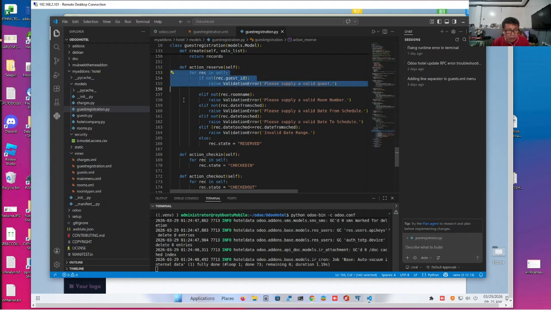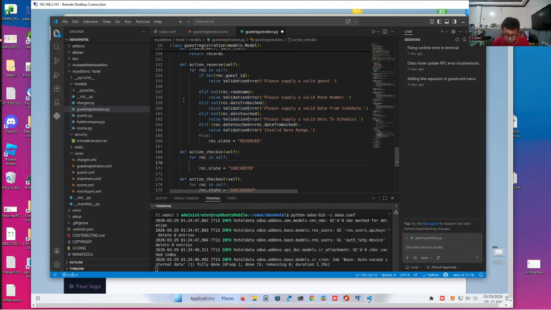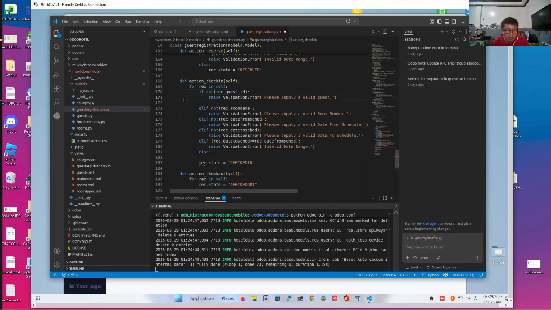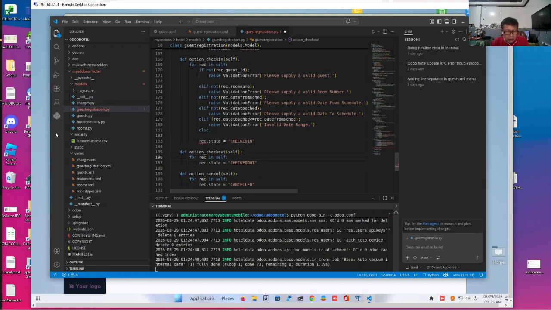except for checkout. Okay, for check-in we have the same. This is just an indentation error in Python, so it's gone.